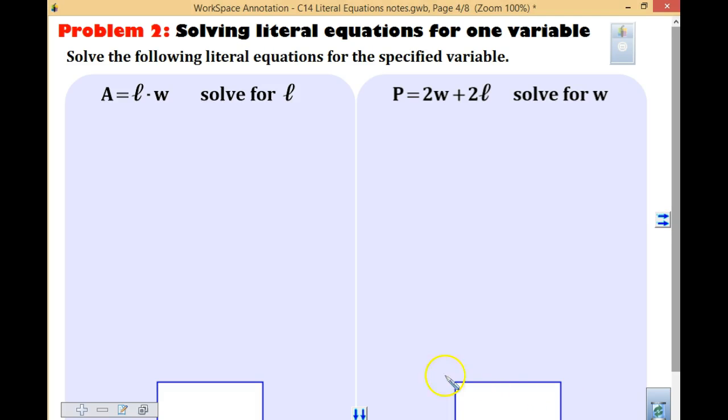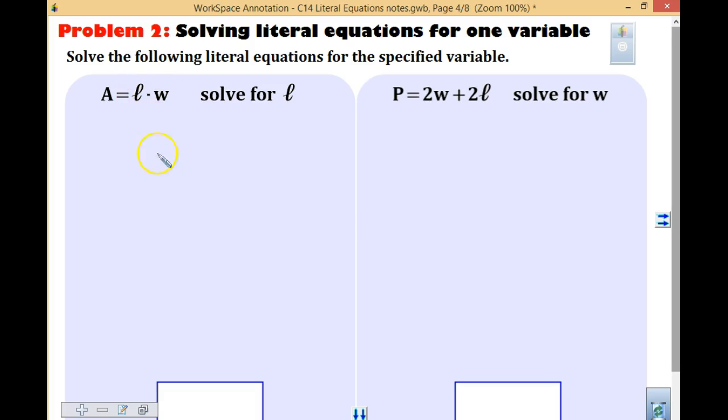What I want you to take a look at is on the top of page 34. And on the top of page 34, please put your head up and sit up, please. Thank you. It asks us to solve that first formula for L, which means I have L times W, and